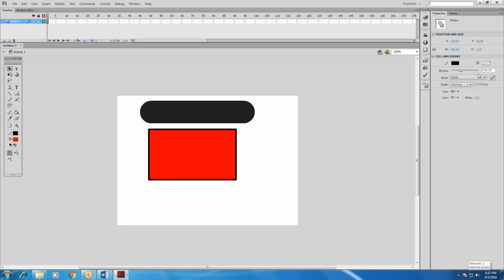You just double click here, and we have an option: the cap is round, but I need square, so the line changes to square. Round or none.